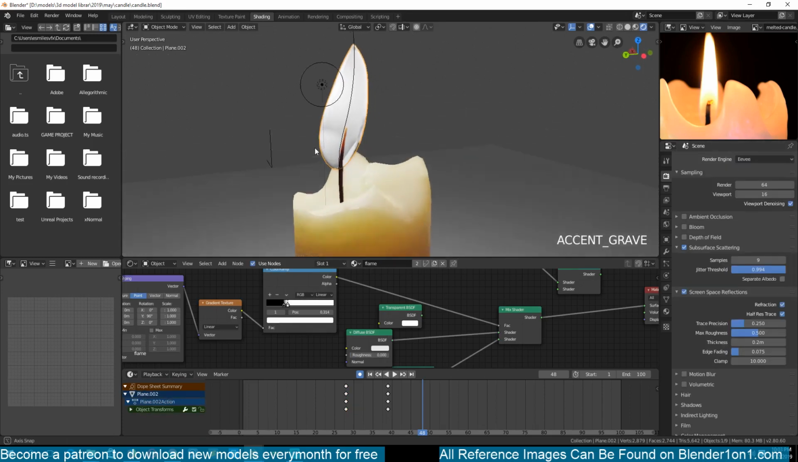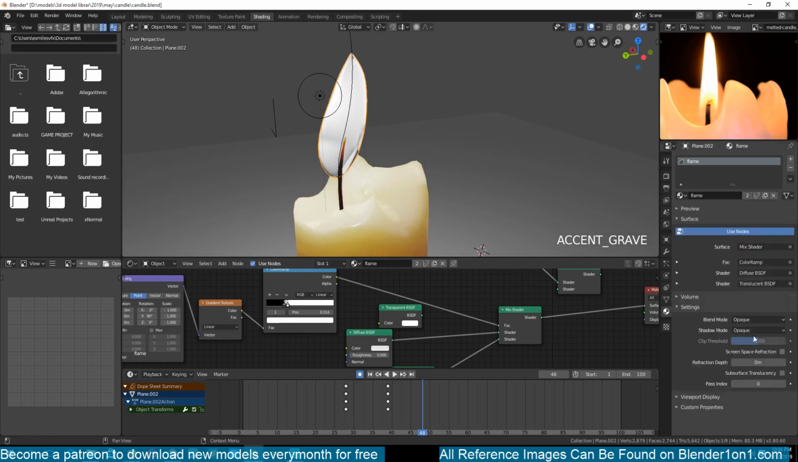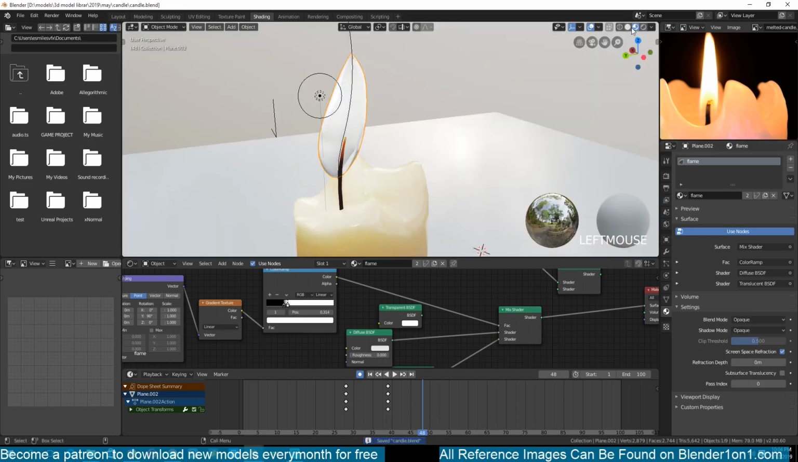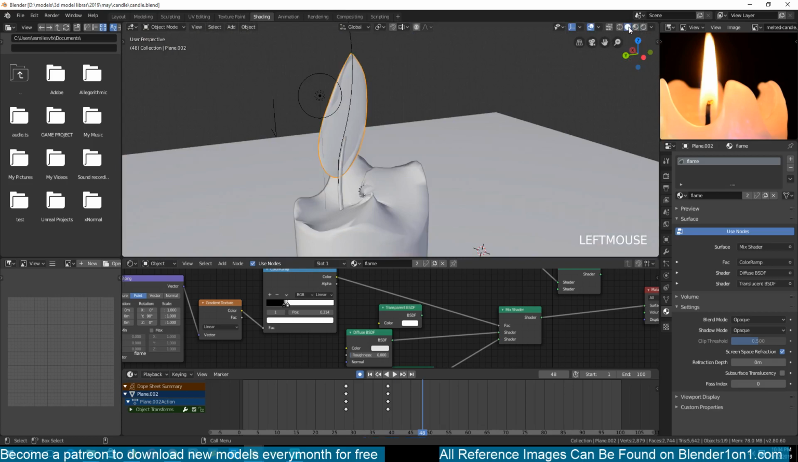So we still don't see the background through this flame. So we need to go to the material settings and change the blending mode to hashed or blend, but sometimes Blender crashes when I do that, so I'll make sure to save and also move back to non-rendered mode, and then change this to blend. And then if we come back here,